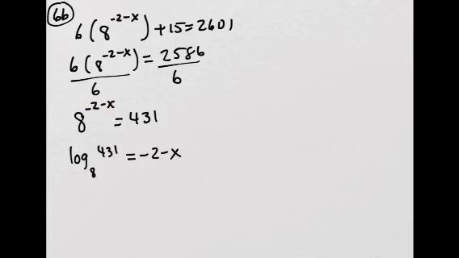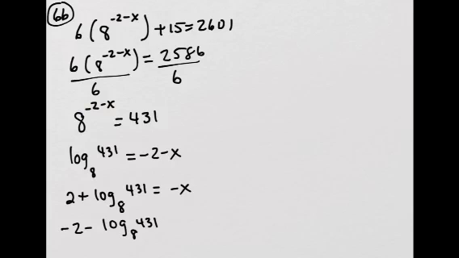And so now I'm going to add 2 to both sides. Remember, I add the 2 and I write it in the front of the log. That way you won't be tempted to add the 2 to the 431. So I'm putting it in the front. Equals negative x. And so now I'm going to divide by negative 1 or multiply by negative 1, however you want to see it. So this negative 2 minus log base 8 of 431 equals x. So I'm going to just move up here. So negative 2 minus, now the calculator does not have a base 8, so